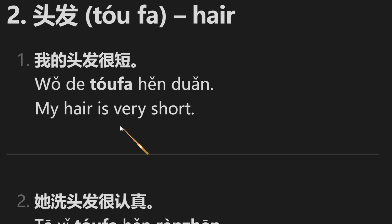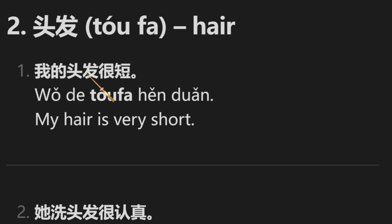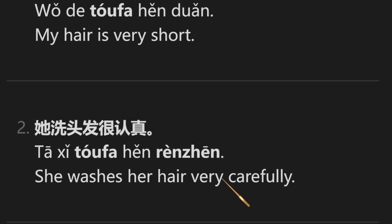My hair is very short. 我的头发很短。短 is short, right? 我的头发 my hair, 很短 very short. 我的头发很短。